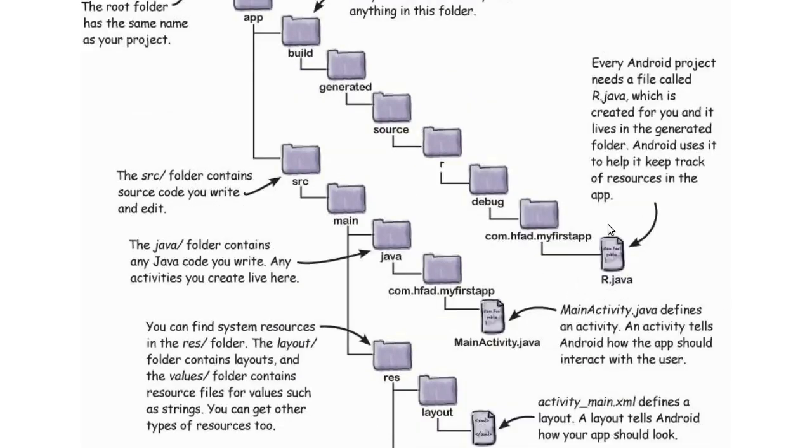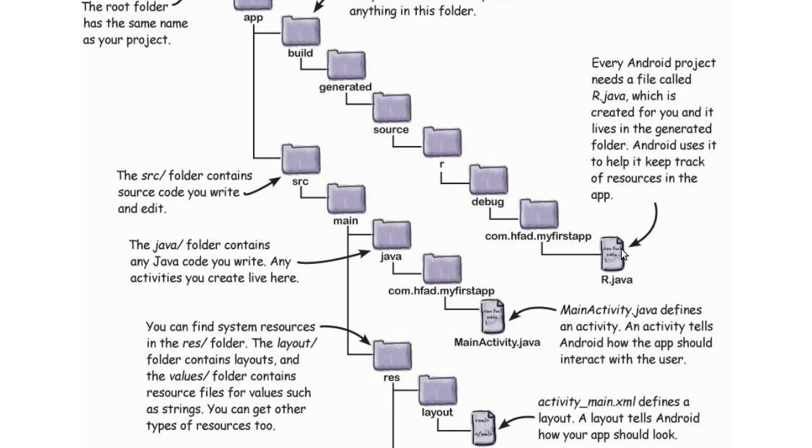So what is the r.java file? Suppose we have to add a button in the application, so that's fine. And suppose we have to add 10 buttons. So in that case, how can we distinguish among all these 10 buttons? There is only one way by which we can distinguish among all these 10 buttons, by using some identifiers, that we call the ID. So it means all the IDs would be stored somewhere. That is stored in the r.java file.